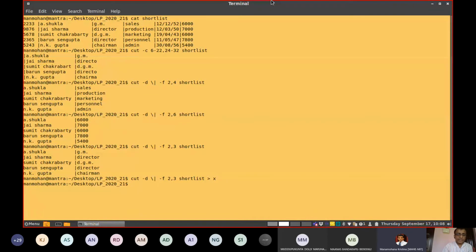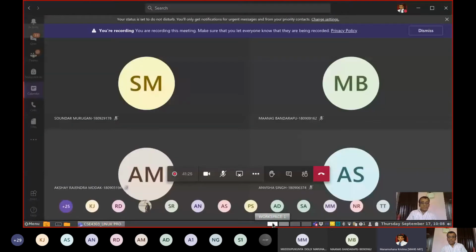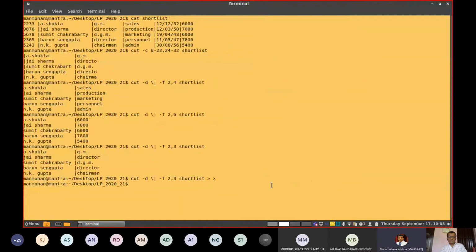Say if I write X. Now look into this particular feature, the redirection operator. The output, instead of going to the standard output device, is redirected to a file called X. So if you say cat X now, you will get the output.